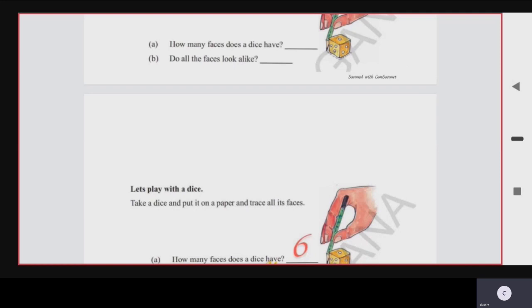So in a square, you know that all the sides are equal. Yes or no? In a square all the sides are equal. That is the reason they look alike.